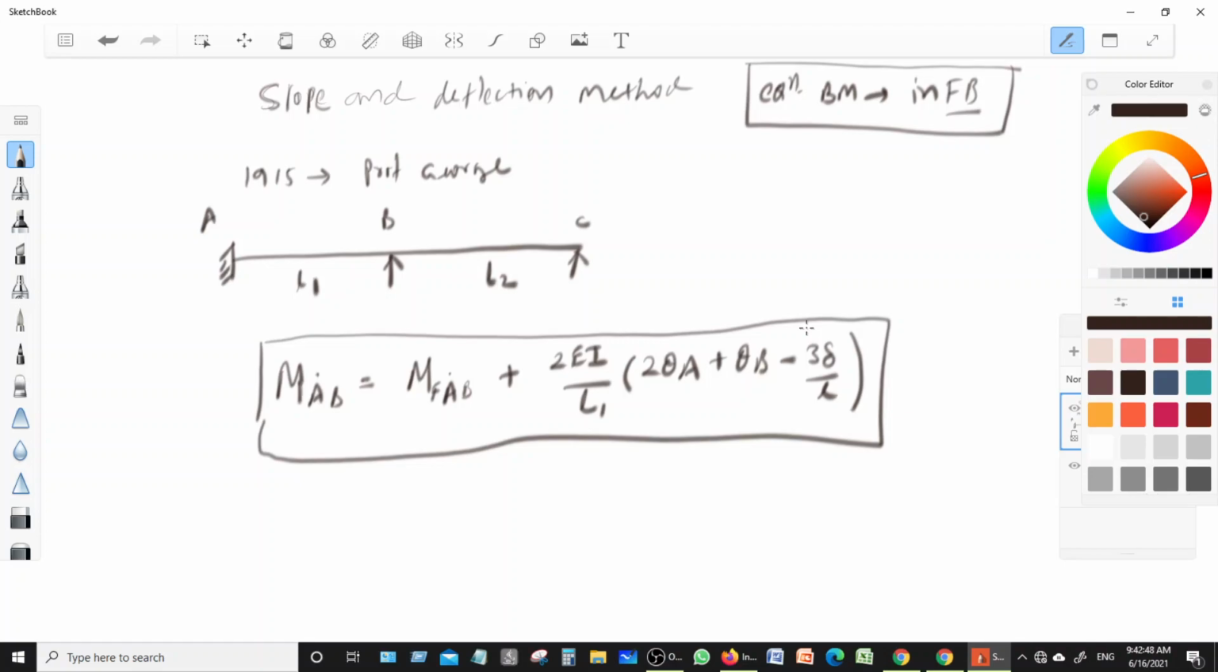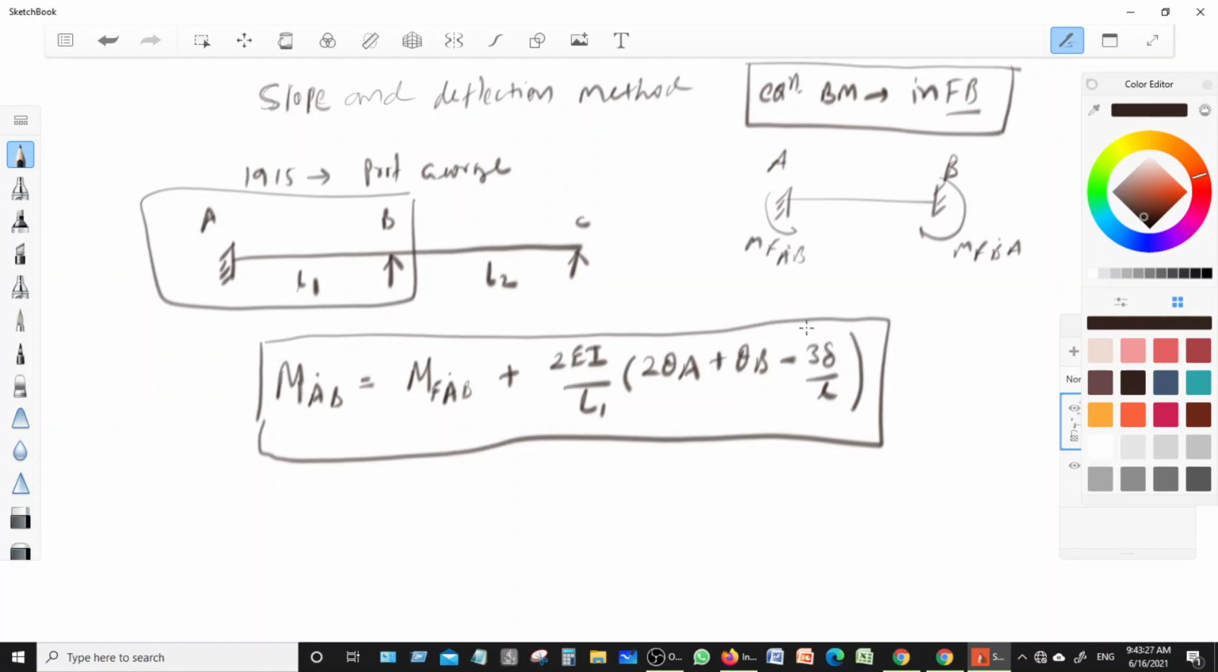at the support A, right? Where this MFAB is a fixed end moment. It means that we consider this AB beam as a fixed beam with respect to the support B. So we consider AB as a fixed beam, and then we find out the moments, that is MFBA and MFAB,